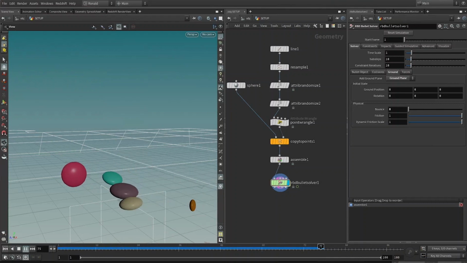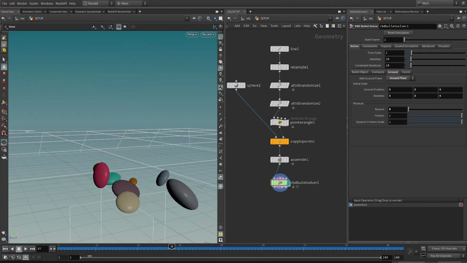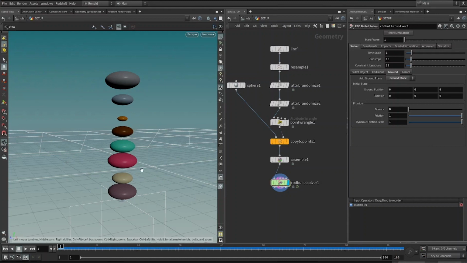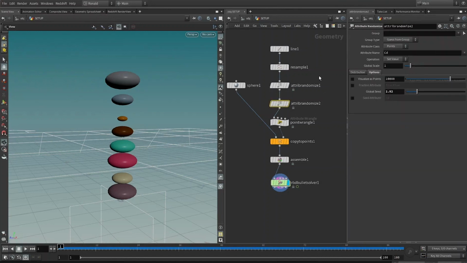So this is what we want, except that we want to do the balancing act instead of having it all topple over like this, right? There are some things I want to change. For instance, I think it's nicer to have some smaller pebbles at the top and a larger pebble at the bottom. So I'm just gonna tweak a little bit over here,